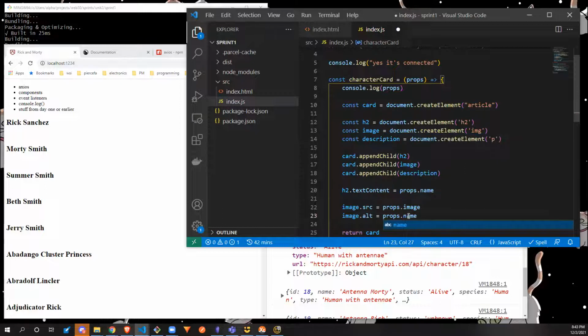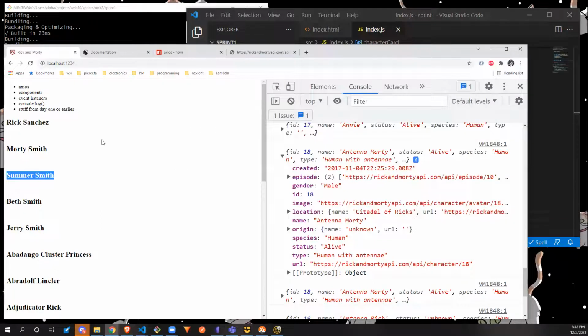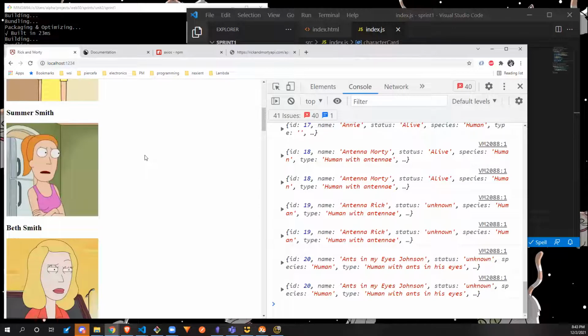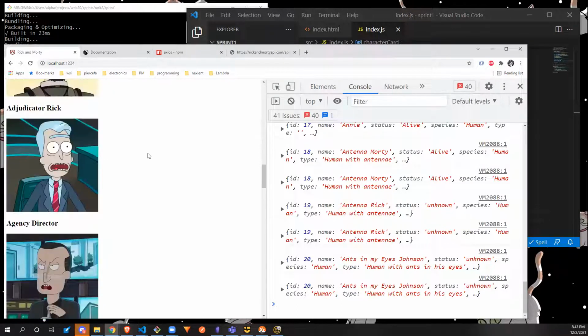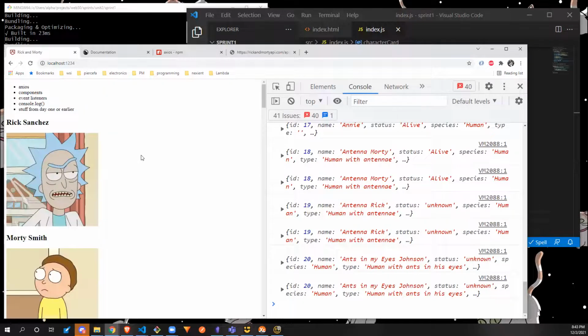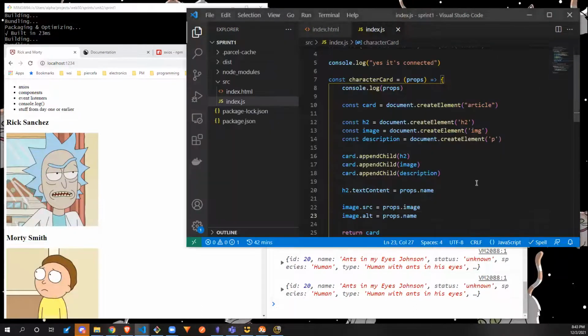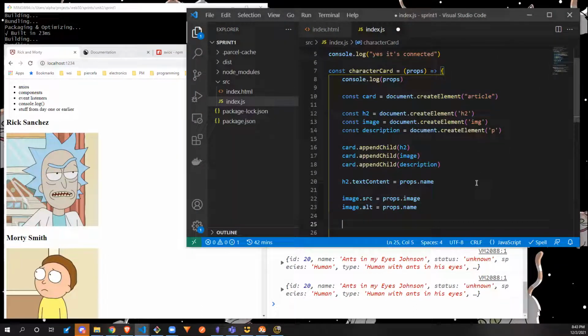So props.name sounds good for that. If I refresh, now we've suddenly got something more interesting than text. And we can even do things with, say, the description. So description.textContent, we're gonna equal this to backticks, and you can use the dollar sign curly bracket, and do say